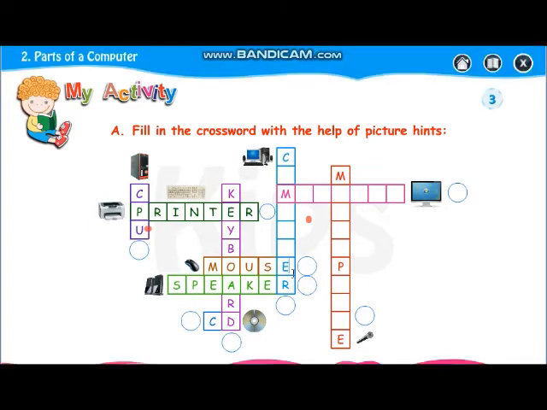Okay. Then what you have to write? What is this? This is a complete computer. Now spelling of computer. Repeat with me. What is the spelling of computer? C-O-M-P-U-T-E-R. Computer. Now what is this? Yes, monitor. Spelling of monitor: